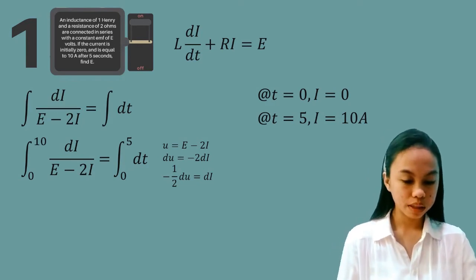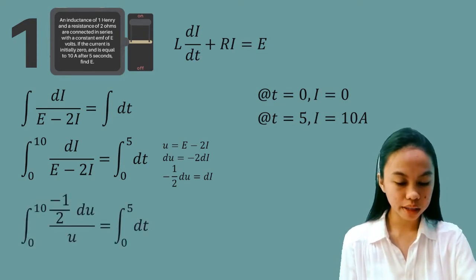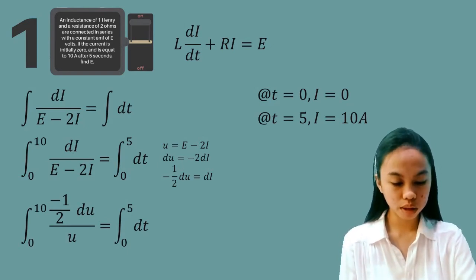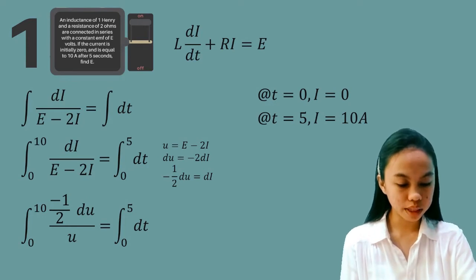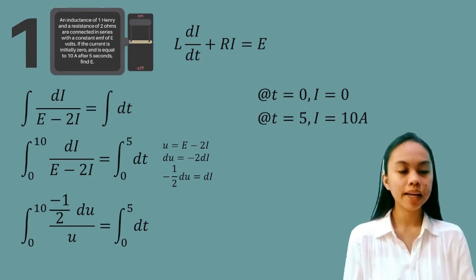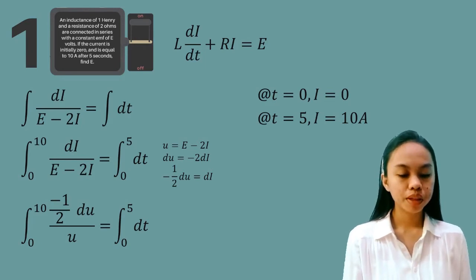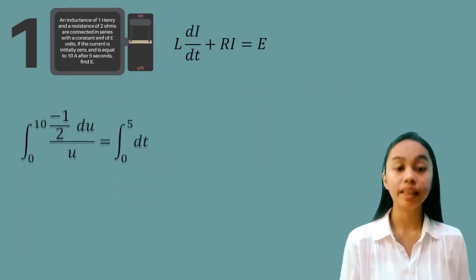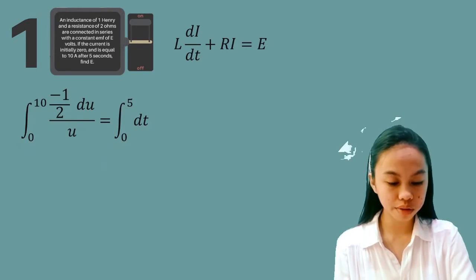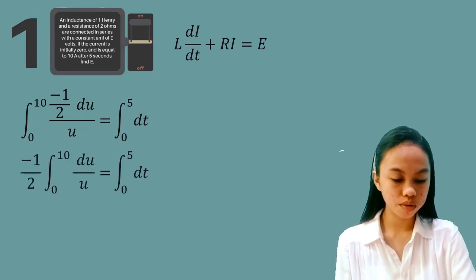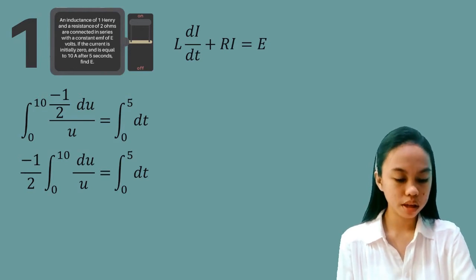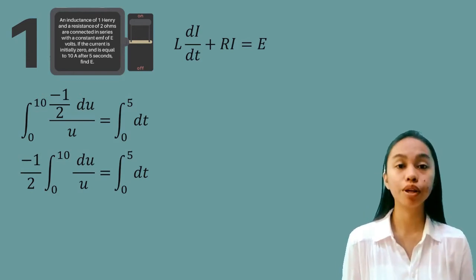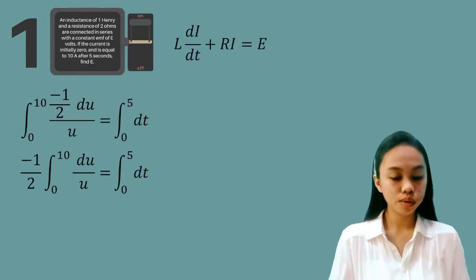So we will now have integral of negative 1/2 du over u from 0 to 10 equals the integral of dt from 0 to 5. Then we transfer negative 1/2 in the left part of our integral sign. So we will now have negative 1/2 integral of du over u from 0 to 10 equals integral of dt from 0 to 5. So we know that du over u is equal to ln u, and so we will